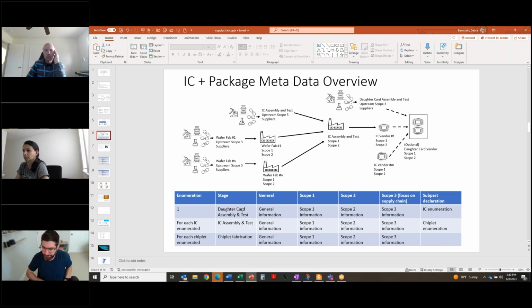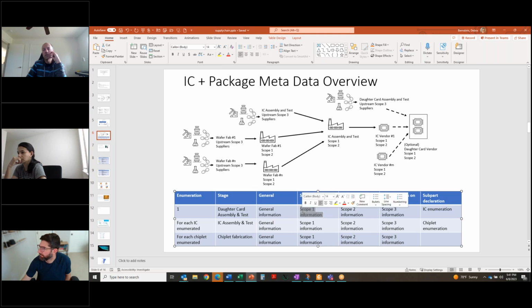Many things are delivered without a daughter card, but if it is included, there would be one of them, and associated with that would be a bunch of general information in the schema, the scope 1 for the daughter card assembly entity, a scope 2 for the daughter card assembly entity, scope 3 information,